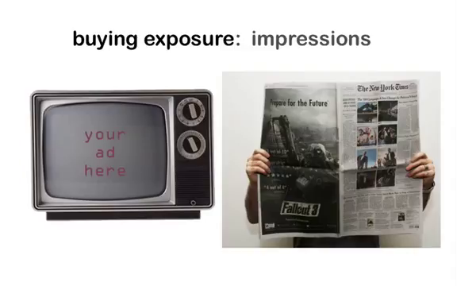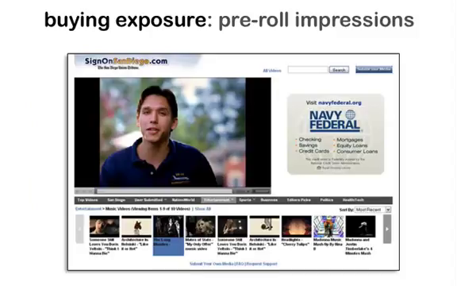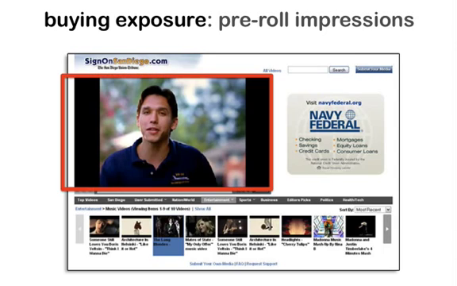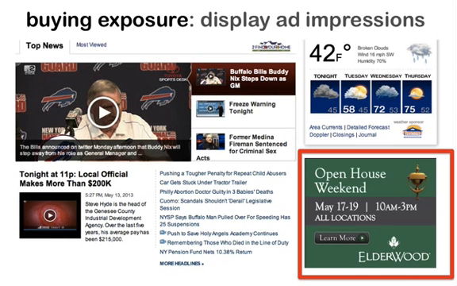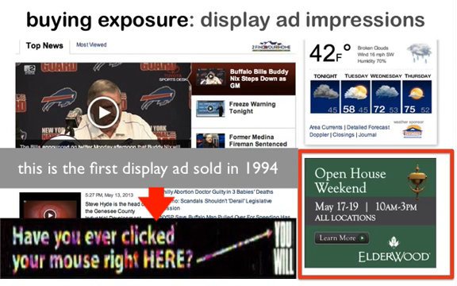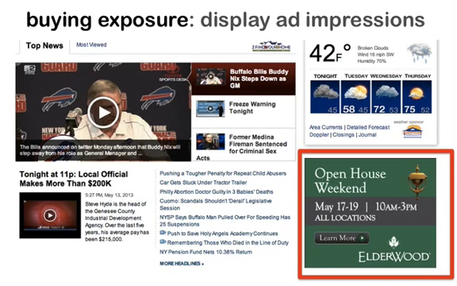That mindset of selling advertising based on impressions was carried over onto the web, where we were selling pre-roll impressions, especially in television. That is our comfort zone. Most of us, or all of us, have been selling display ads for the last 20 years. We've been selling that based on impressions. That is part of our comfort zone sales process. And we really need to challenge that. If you haven't guessed that by now, that's what I'm trying to help you do.